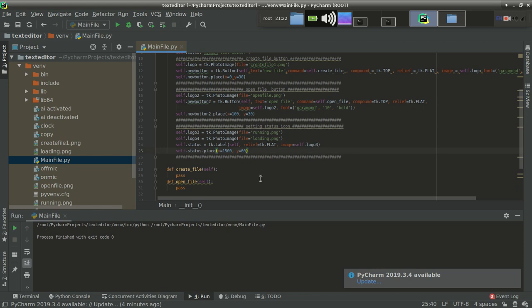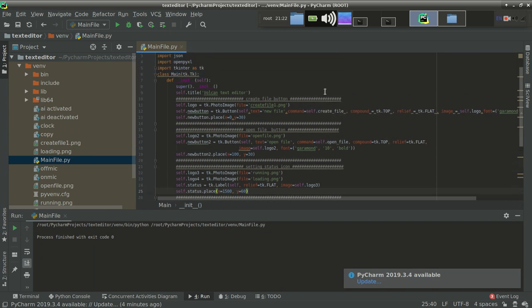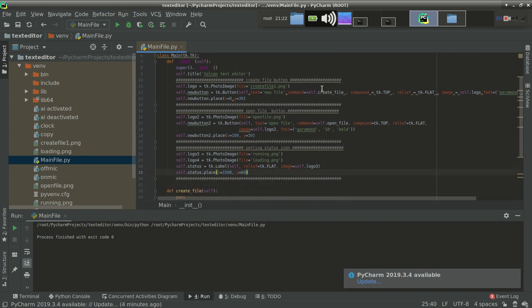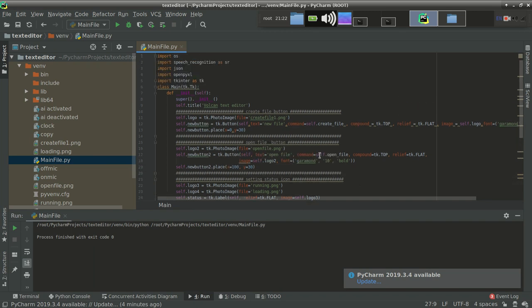Now we are going to make a scrolled text. Scroll text means the text area in which we are going to write our content. For writing it, I am going to use the scroll text widget. For specifying the scroll text, we have to import it from printer.